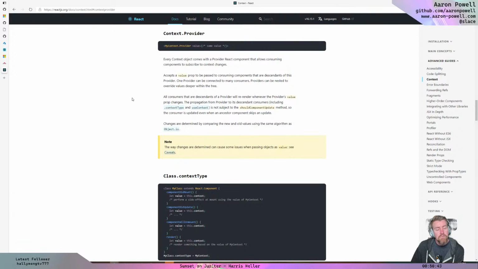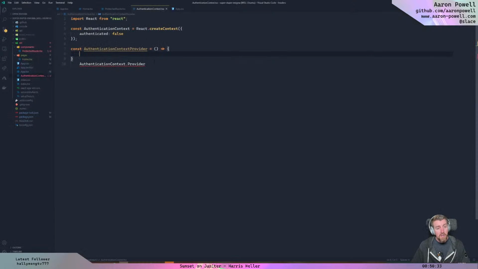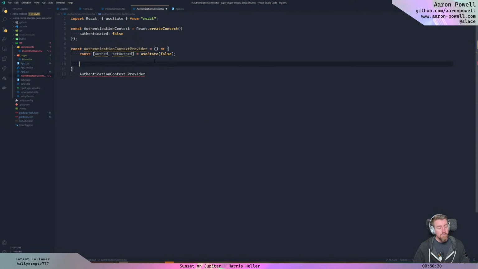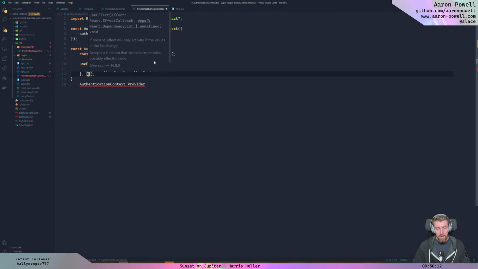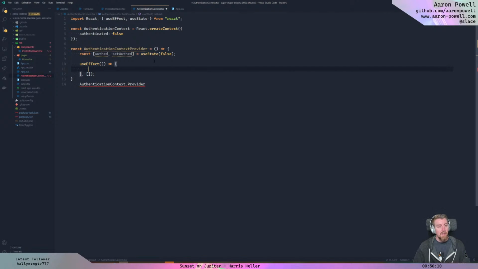But I'm essentially trying to create a component that you inject, which takes care of setting up the context information, so this will be where we do auth and then set auth. We useState of false, and then we will useEffect